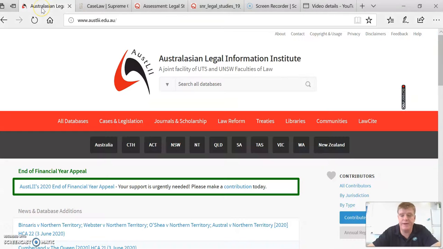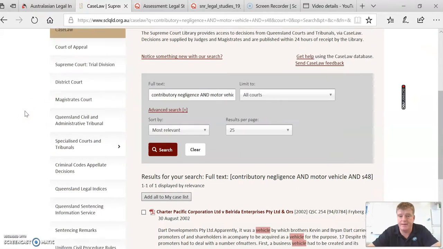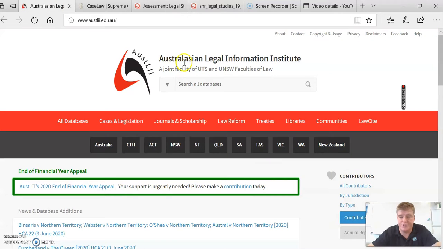And look, before we started, I set up a couple of databases that we can use: the Supreme Court Library of Queensland database and the Australasian Legal Information Institute, AustLII, austlii.edu.au. A little test, and I thought the results were a little bit better from AustLII. So I'm going to stick with that. So when we just go to the website, austlii.edu.au, we then have a bunch of decisions that we've got to